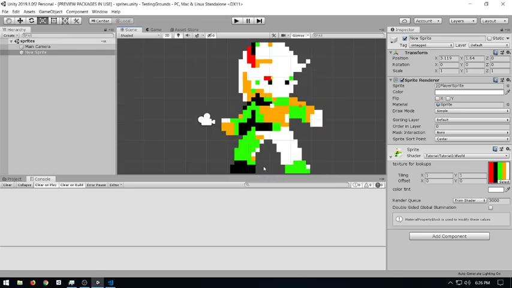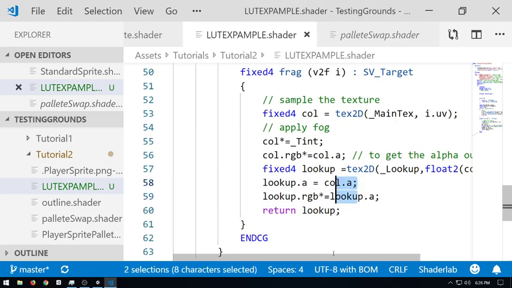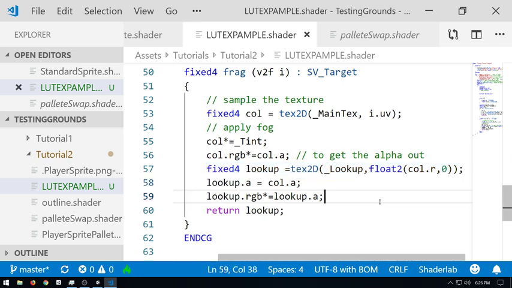There we go, cool. So what we've done is we've essentially said, hey, the red values in our sprite are now our indexes into the sprite. So let's look at this code again. And the magic line is this line right here. So, can anyone tell me exactly what I'm doing here? Like what exactly is going on with this?